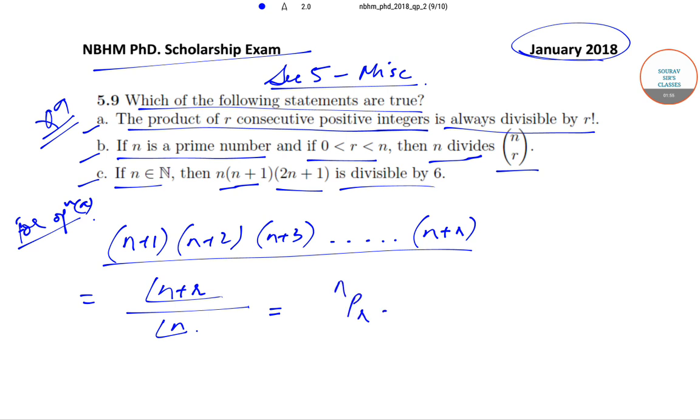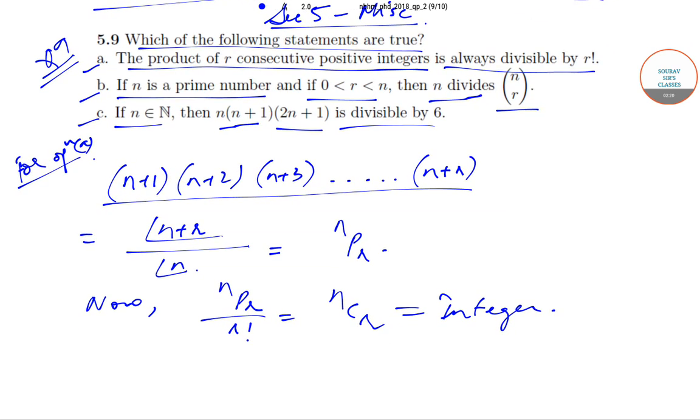Now nPr by r factorial is nothing but nCr, and we know that nCr is the number of ways of choosing r things from n things. So this is equal to some integer. Therefore we can definitely say that the product of r consecutive positive integers is divisible by